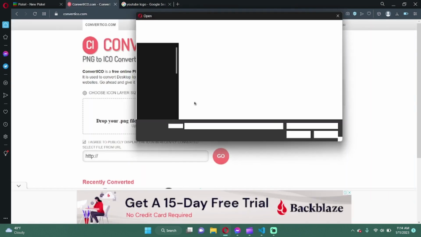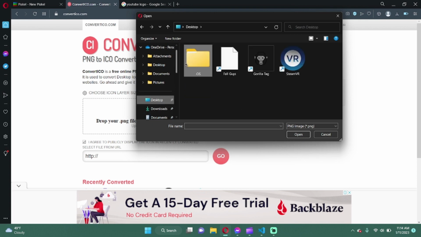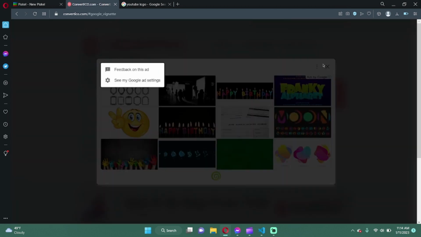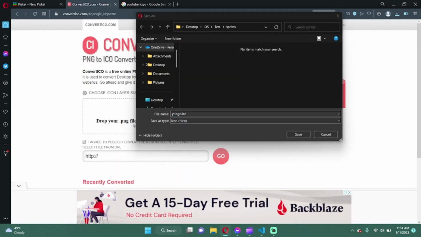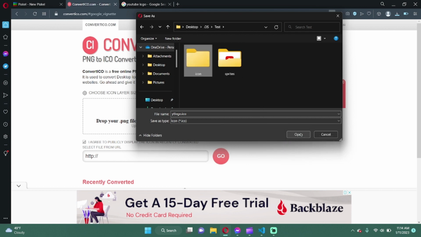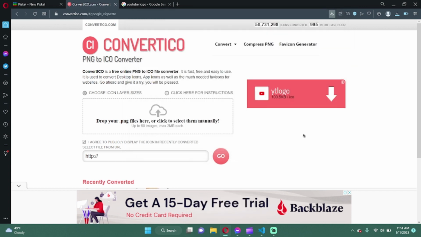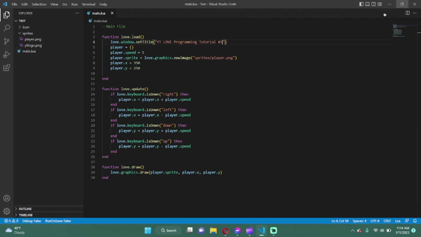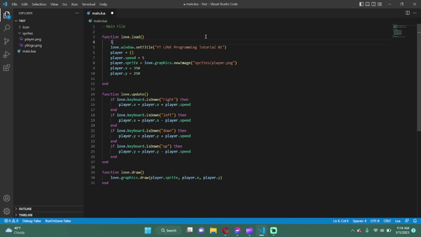Oh yeah, right. So you click on here. Now if we go, gotta quickly exit out of that. Sprites. Click on the YouTube logo. Convert it to icon. What are all of these ads? Block. So now we're going to go ahead and do icon. Make a new folder called icon, which is basically just going to hold the icon. Alright? Done. So now all we want to do is go back to here, and up here we're going to do